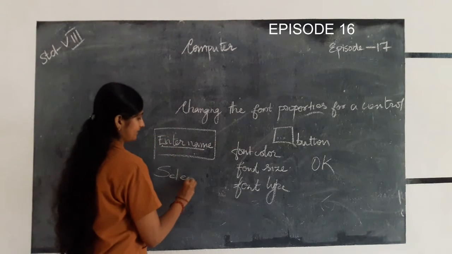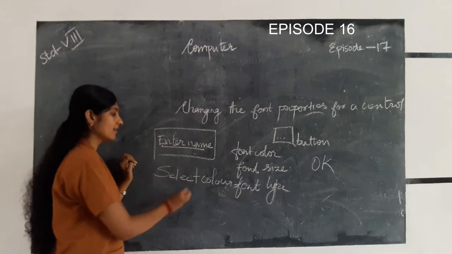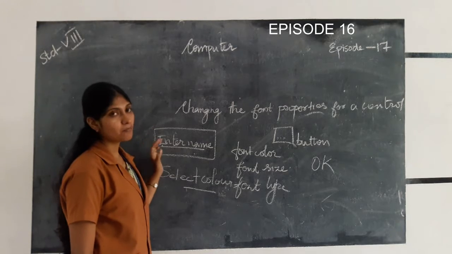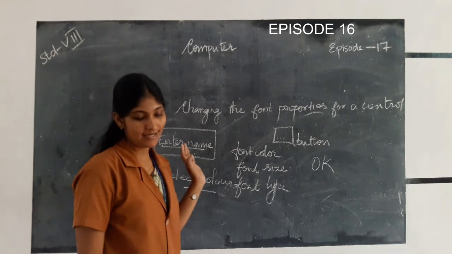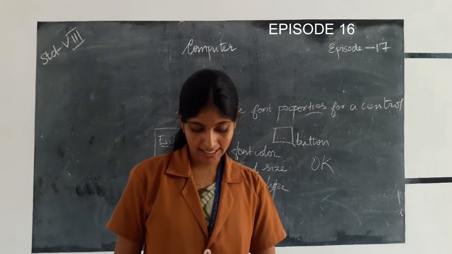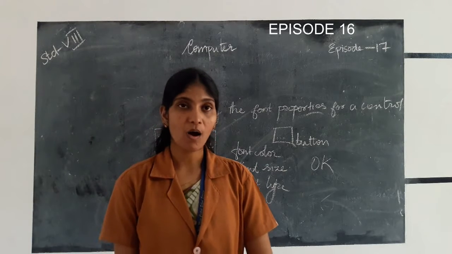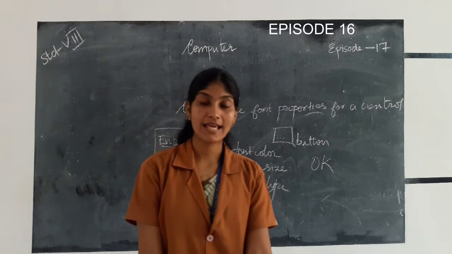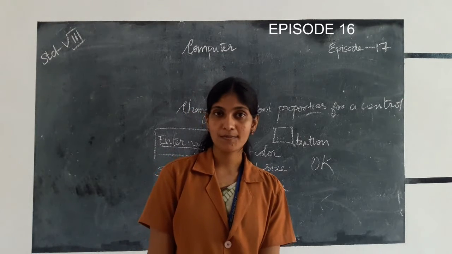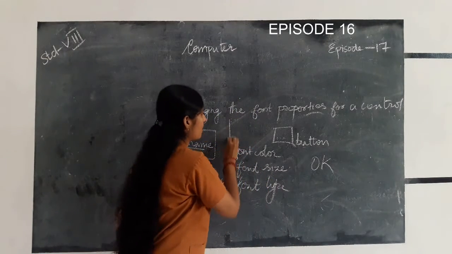Then next is select a color. Select color means you can set a color, foreground color or background color, to this particular text. In the back color property, you can set the background color and also set the foreground color. In all the controls, when you select a color, whether for background or foreground, you will follow some procedures.